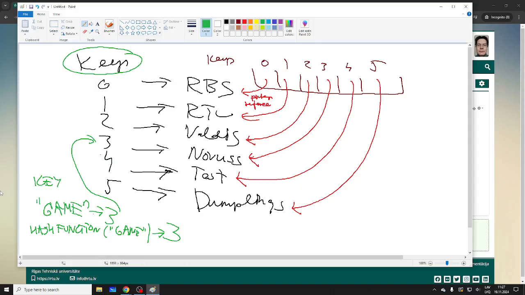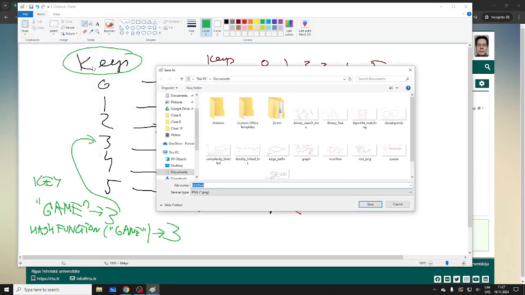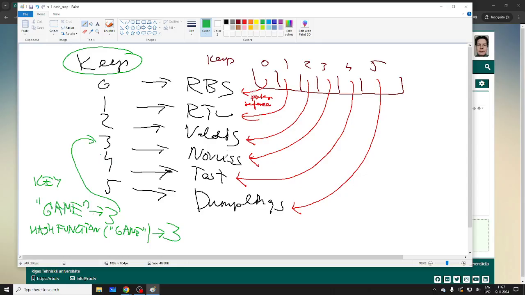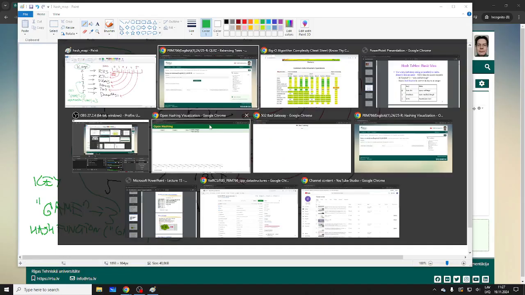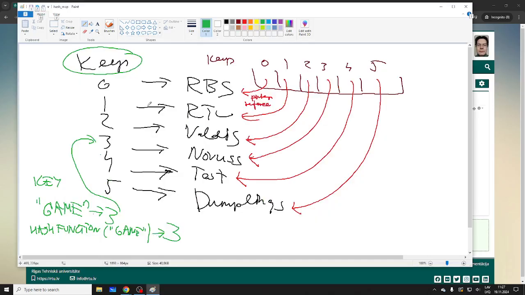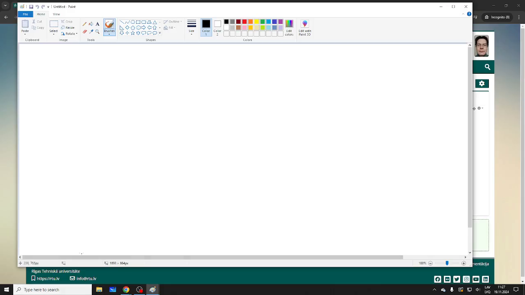I'll make a new picture, I guess. Keys. I'll save this as the idea of hash function. Hash map. Okay, so for hash function, anybody has an idea? Okay, so I guess I'll make a new one, new paint job. So we have